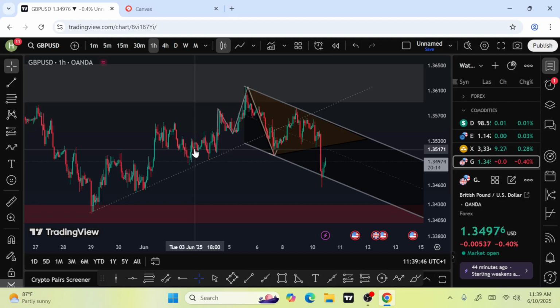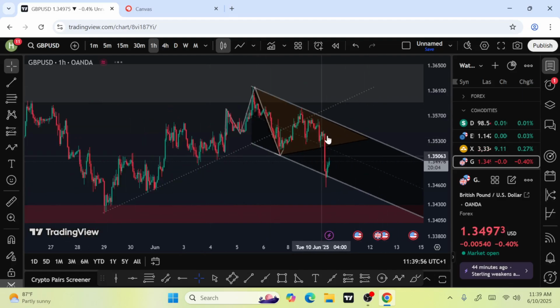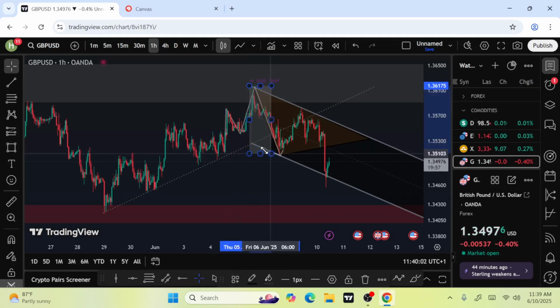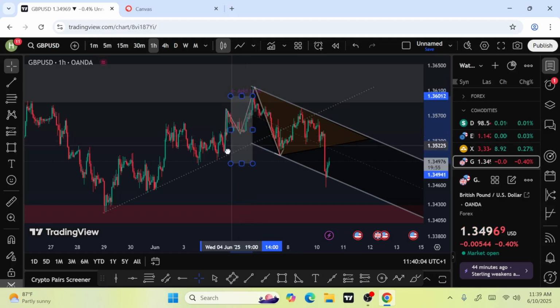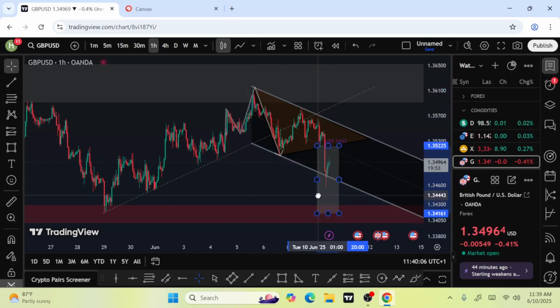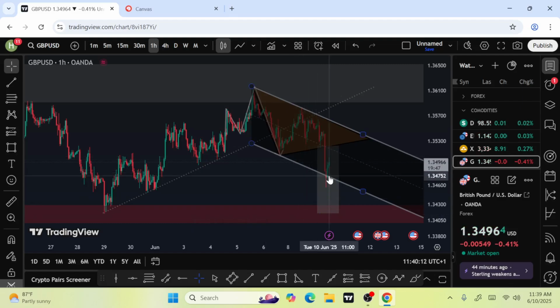I gave you the types of triangles we have now: ascending triangle, descending triangle. I sent it to the group. So this is a triangle consolidation. It has broken out below. I am expecting that this guy still does what? The final destination of this guy is where? Here. And where we have our TP3. But our TP1 was what? Here. Our TP2 was what?